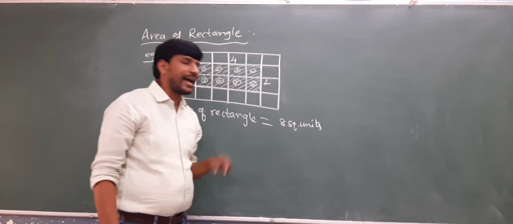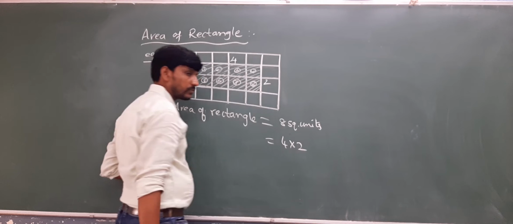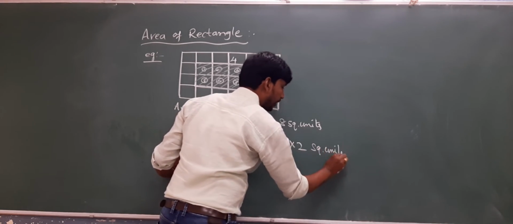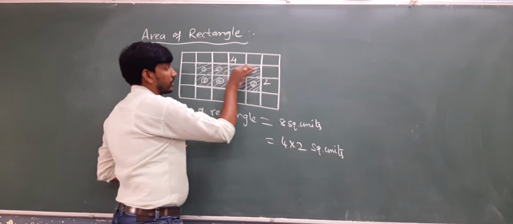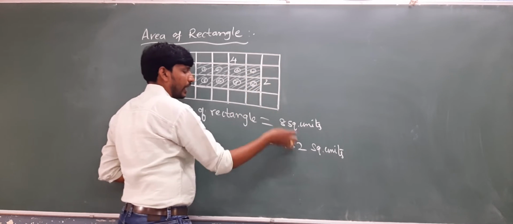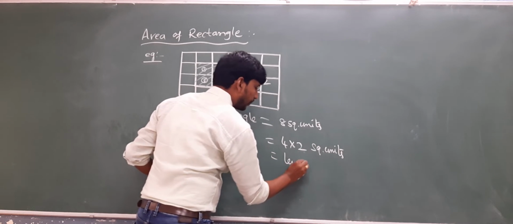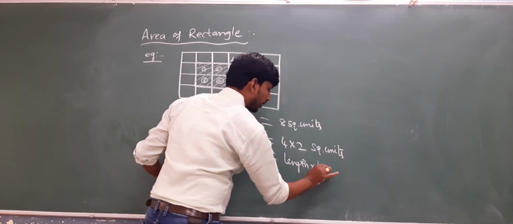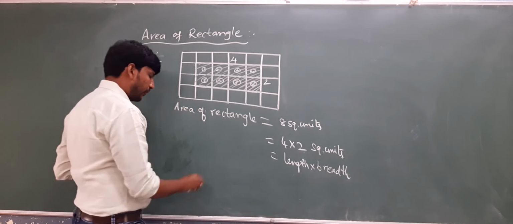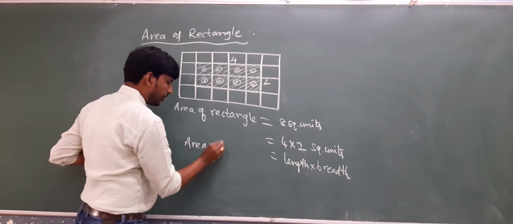This 8 I am going to write as 4 into 2 also, 4 into 2 square units. That is nothing but, along with the length we have 4, along with breadth we have 2. This is nothing but length into breadth also. Length into breadth. Clear? So therefore area of rectangle is equal to